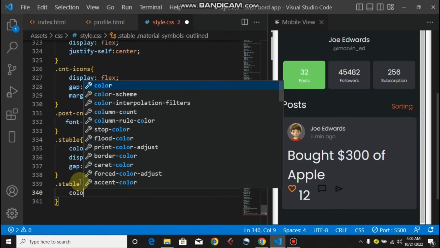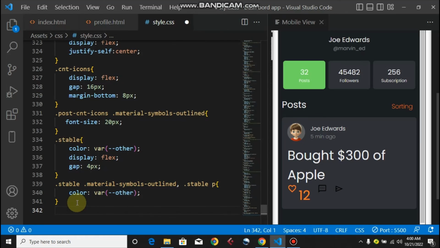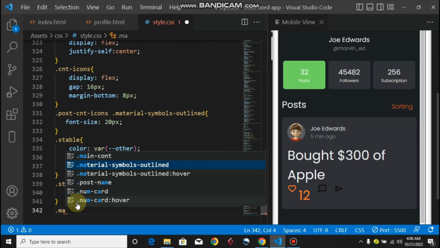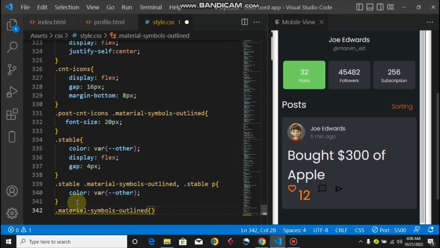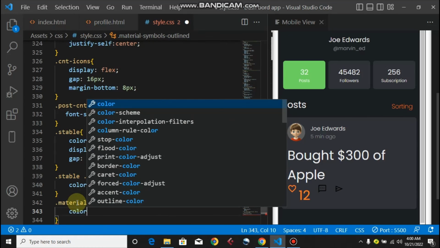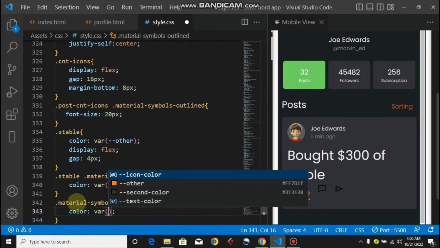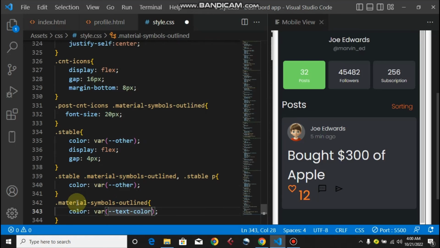Let's give it a color, and then variable other. Then our material outline again, we'll also give a color, give it a variable, and then this text color. Okay, now